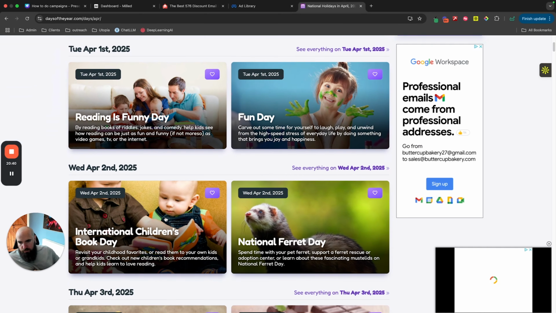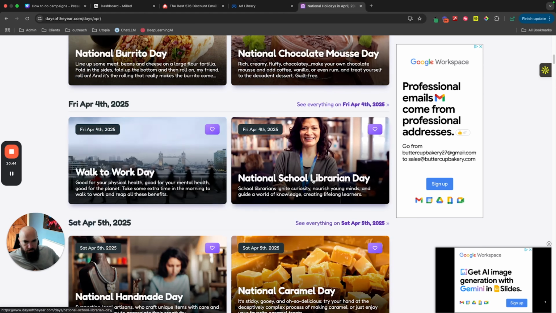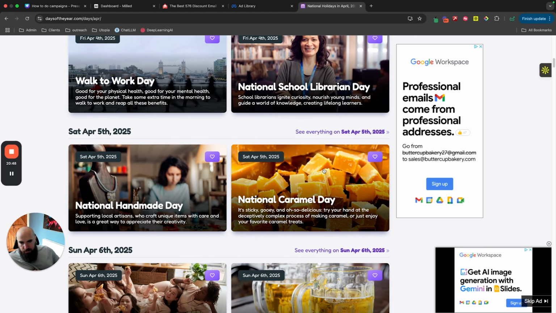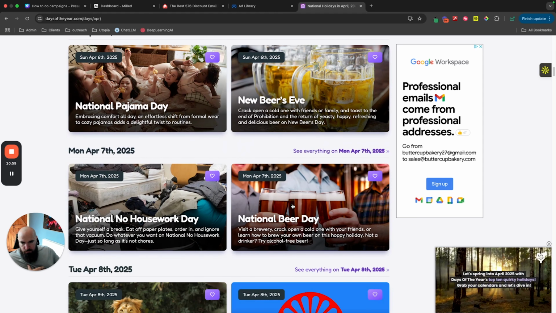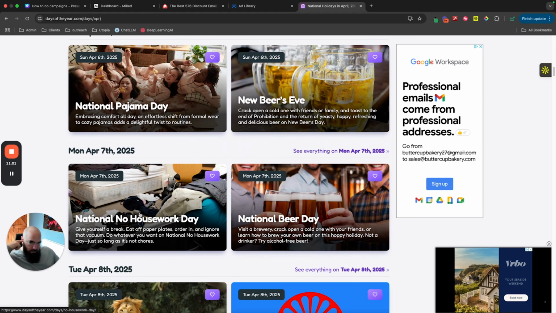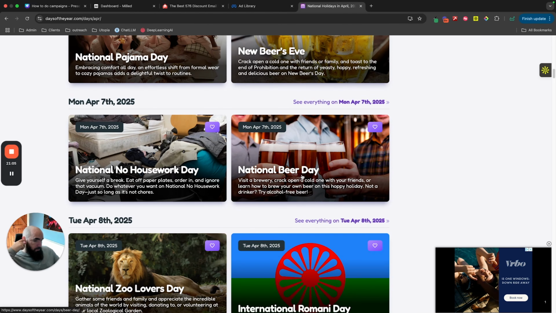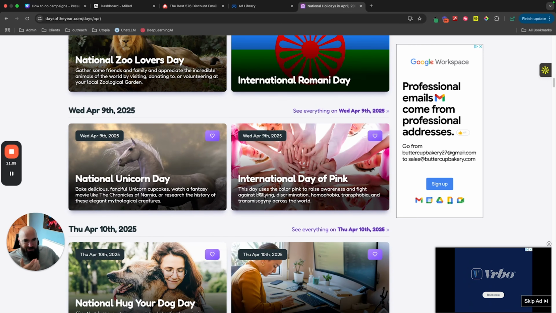Ferry Day, Children's Book Day, Burrito Day, we all love a burrito, Chocolate Mousse Day, some of these days are just wild. Walk to Work Day, Librarian Day, Caramel Day, so if you sell caramel protein, boom, it's just fun and different. New Beer's Eve, awesome. No Housework Day, it's every day. National Beer Day, so if you sell beer, or even alcohol-free beer, you can do it. A lot of these are not relevant, but if you just have a quick browse,